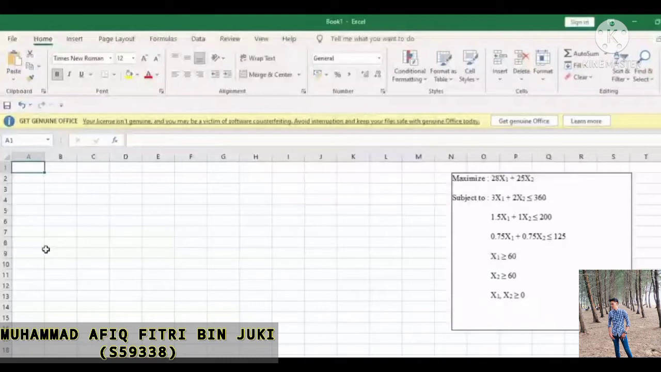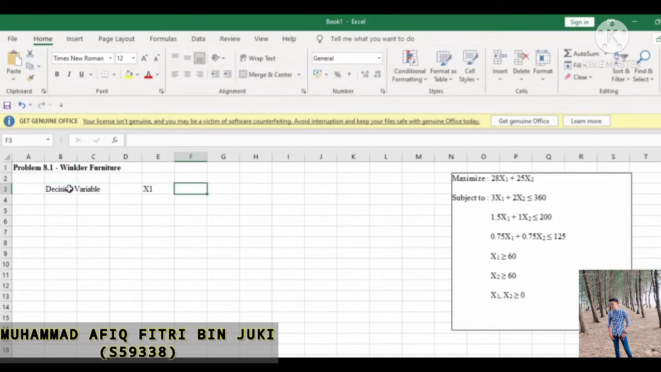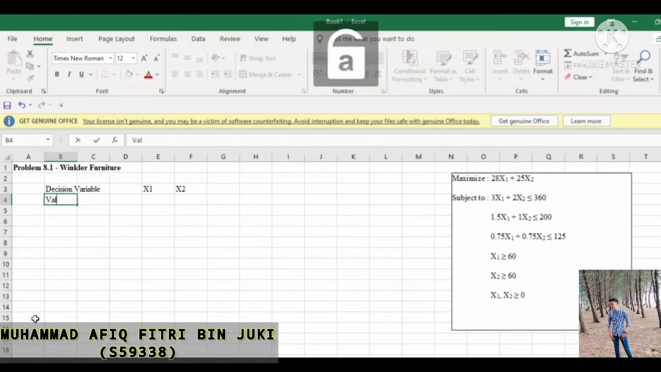Today I would like to share my answer for problem 8.1 using Excel Solver. Problem 8.1 is about Winkler Furniture. So we start by defining the decision variables, which are x1 and x2. Then we put the value,